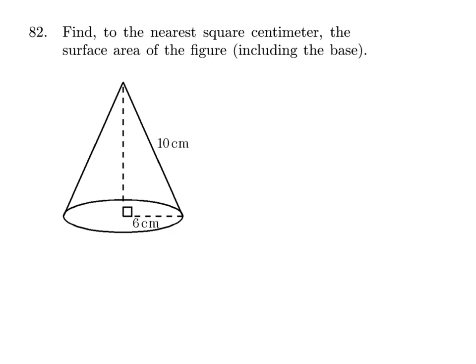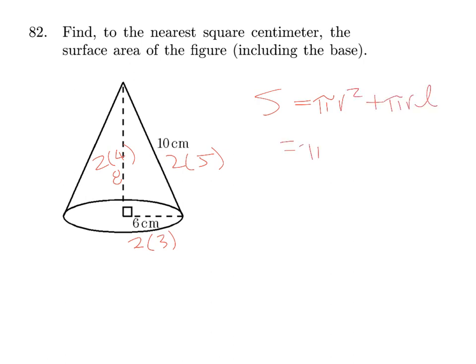Alright, find to the nearest square centimeter the surface area of the figure. Alright, here I have 2 times 3. This is 2 times 5. This is going to be 2 times 4. So 8. Alright, so to figure out the surface area of this, once again, using the surface area formula,